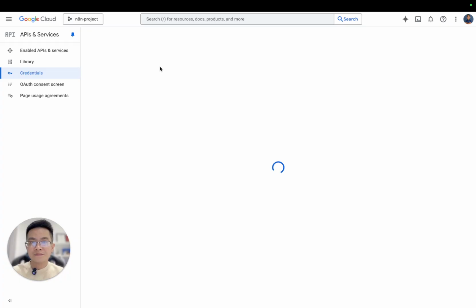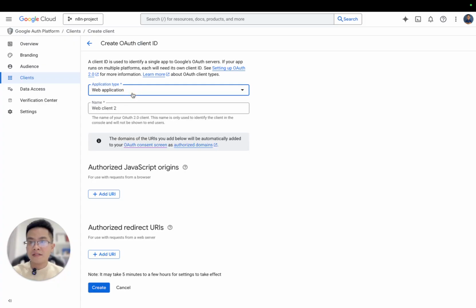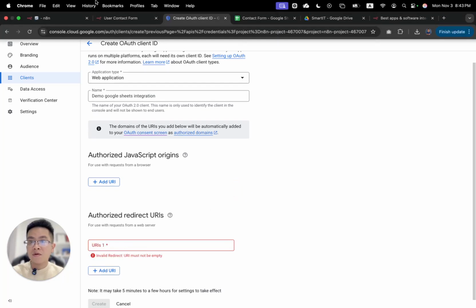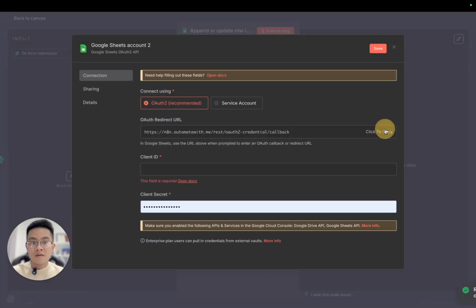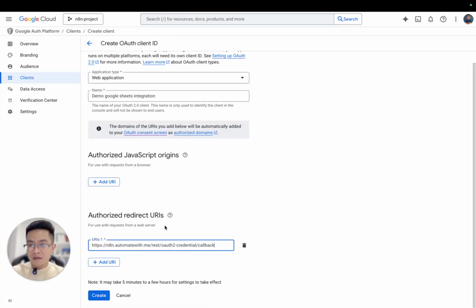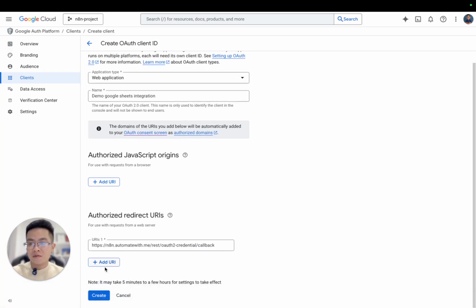And then application type will be web application, okay, and then name it like Google Sheet integrations for the demo. And then authorized redirect URL, click here and copy it, okay, and then come back and paste it here. Awesome, right? And then you click create.